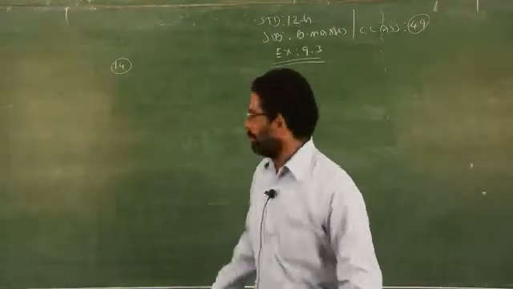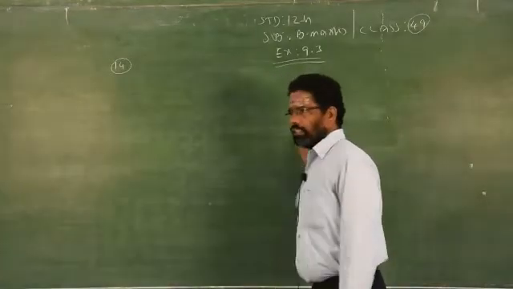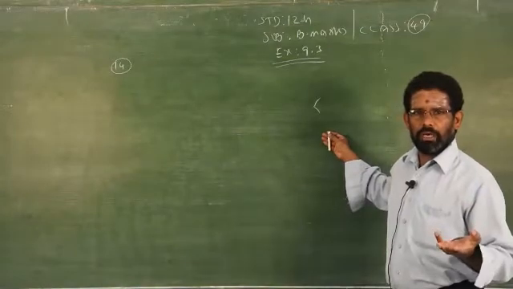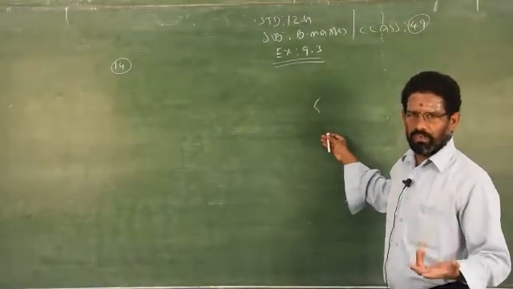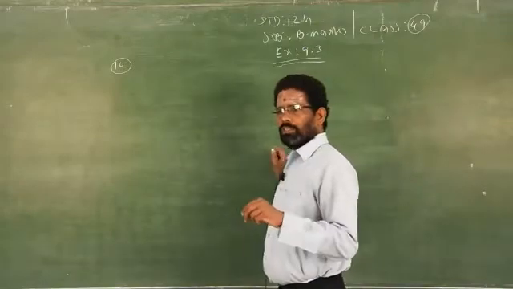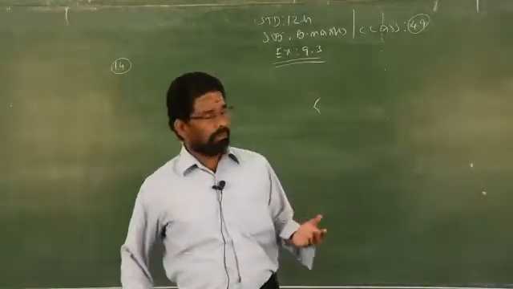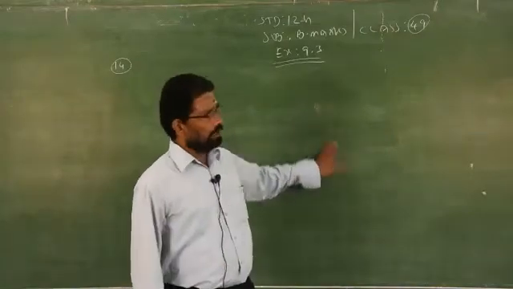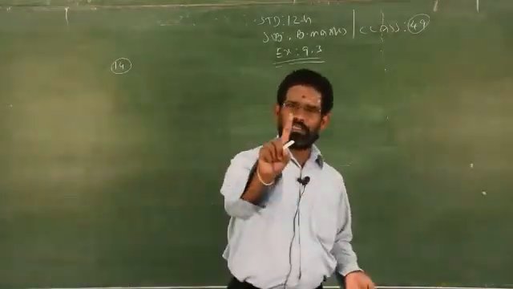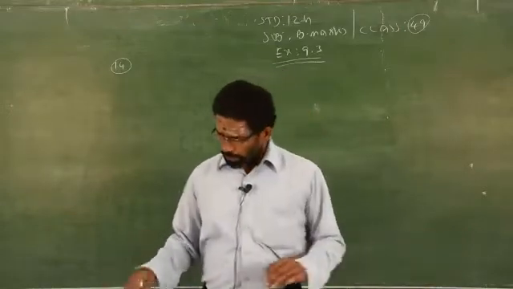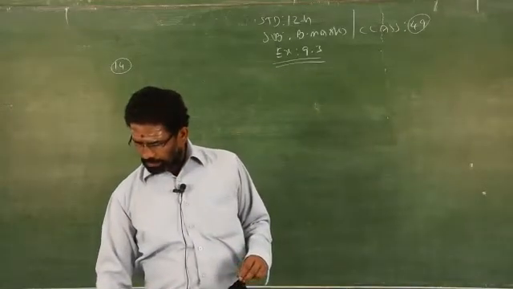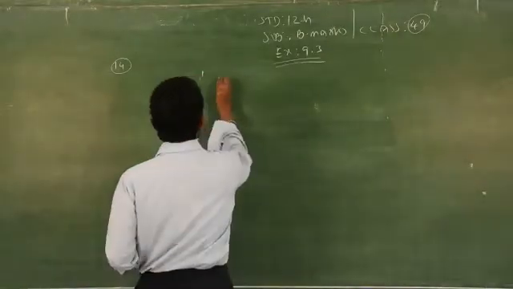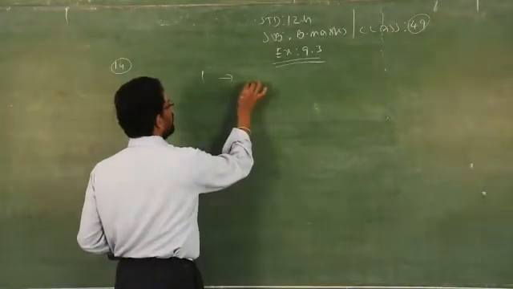So don't think that if I am taking sample number 1 as 5, you cannot find mean and range. Clear? To find the mean, you need more than 2 values, that is called average. Range means you must know at least a minimum and maximum; maximum value minus minimum value is known as range. So sample number 1 stands not only for one sample, it is a combination. See below, inside the bracket it is given small n equal to 5, which means sample number 1 stands for how many samples? 5 samples.